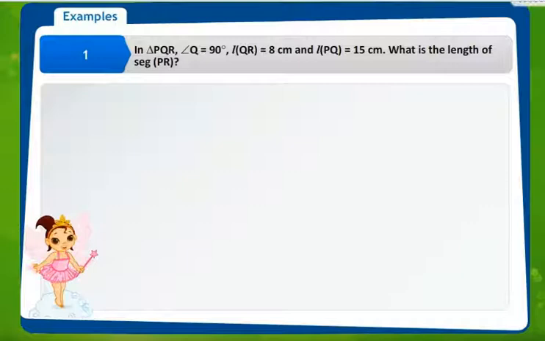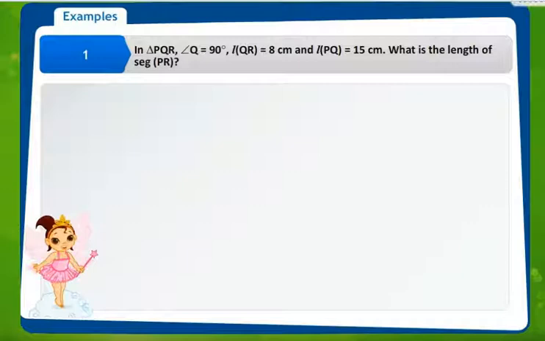Now, we have already studied what is Pythagoras theorem. Just a short brief. Pythagoras theorem is applied to a right angle triangle. We have an angle of 90 degree and the side opposite to 90 degree is called hypotenuse. Based on this property of right angle triangle, Pythagoras theorem states that hypotenuse square is equal to sum of the square of the other two sides forming the right angle triangle.